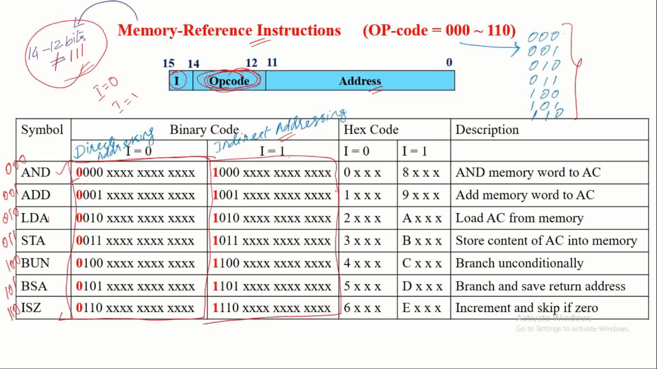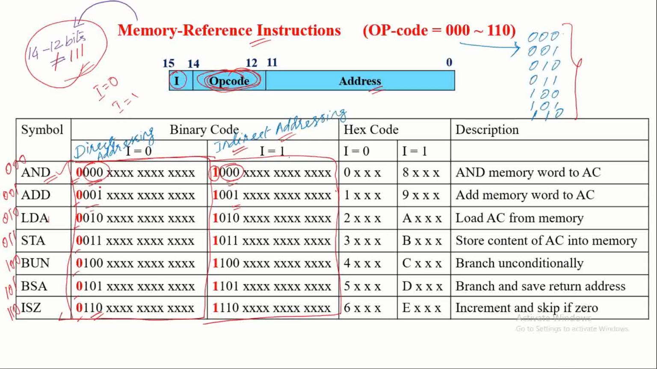Here in this 15th bit, you can observe in all the instructions it is set to 0, and the opcode field is set from 000 up to 110. Coming to the indirect address memory reference instruction, all the 15th bits are set to 1. The opcode part contains 000 up to 110. So in both categories, you can observe when it is 000, then the operation to be performed is